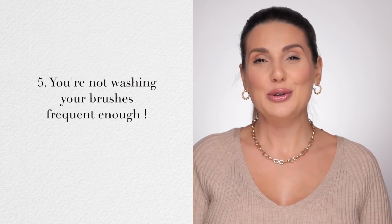Another mistake that some people make, and I'm not here to judge, I'm here to just educate and help you, is to use your brushes or sponges dirty. No wonder it doesn't look good when you apply your foundation with a brush that hasn't been washed in a week or even more than that. Especially if you keep your brushes in something like this, where they're open and all the dust can get on top of them. It's one thing to use your powder or your bronzer brush for a week without washing it, but using your foundation brush for a whole week without washing it, or your beauty blender,